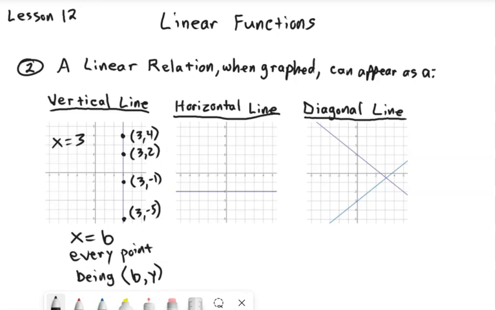A horizontal line is very similar, only instead of x equals, it's going to be y equals. Okay? So it'll be y equals some number b. Okay? In this case, it's y equals negative 2. Okay? You can see right here, this is the horizontal line at y equals negative 2, so this is y equals negative 2. And so all horizontal lines will take on the form y equals b, with every single point